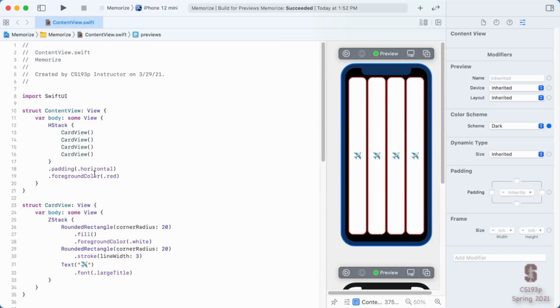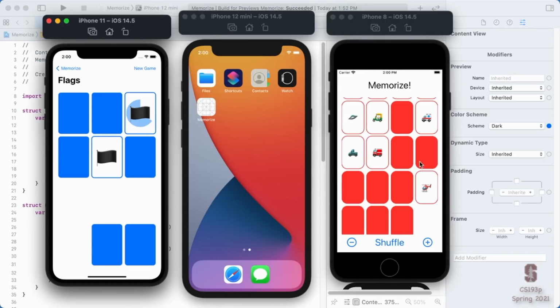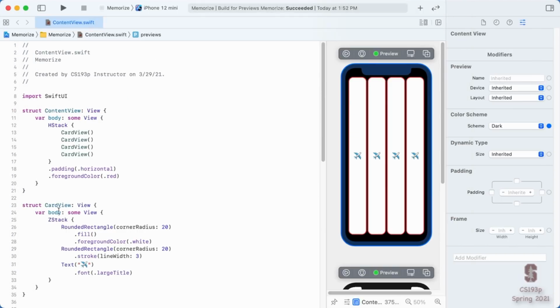What about face up and face down? All of our cards here are face up, but in our UI over here, these cards are face down. And if I touch them, oh, they go face up. So face up, face down. How do I make my card appear face down? And then how do I make it so when I tap on it, it'll switch between face up and face down? Okay, both of these things are pretty straightforward. Let's go over and talk about face down.